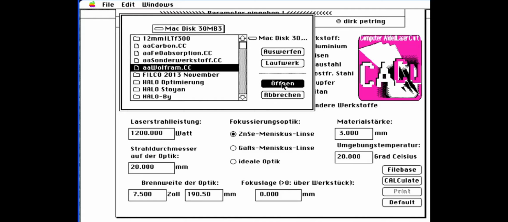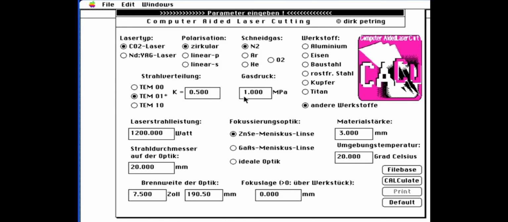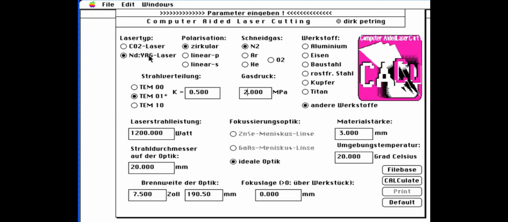All the parameters are selected, like here the pressure, the wavelengths of the laser, the beam quality. We select a fiber laser with 20 kilowatt beam power, and we try a beam diameter of 40 millimeters at the focusing optics,